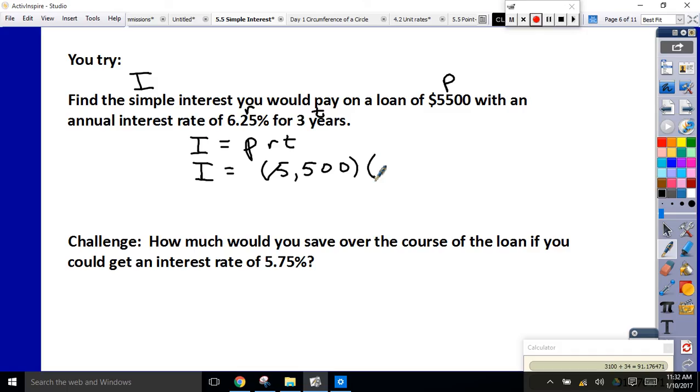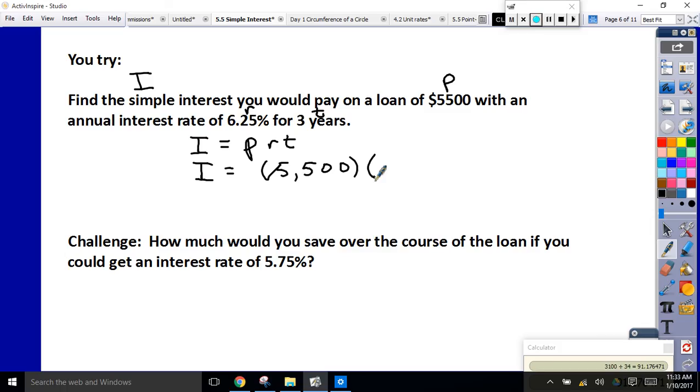And how do I write my rate? 6.25%. But I can't just write it using a percent because I'm not going to use the percent button on my calculator. What do I have to do to that percent? Convert it to a decimal. How do I do that? Divide. Okay, it is a decimal in that it's 6.25, but